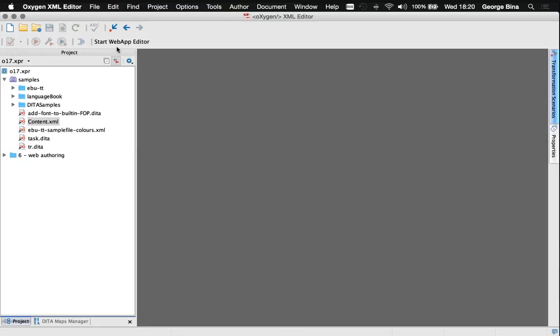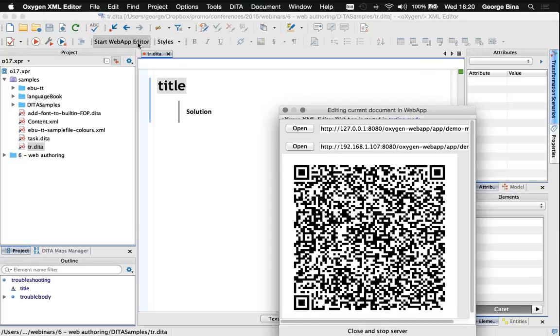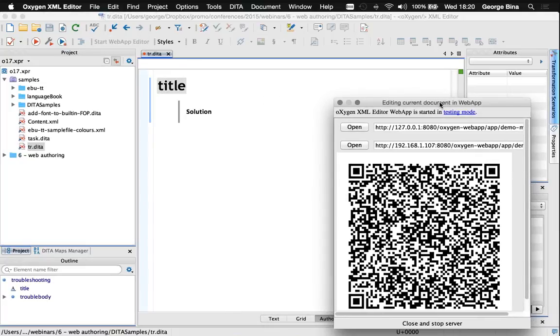If I move to my oXygen instance, you can see that the WebApp plugin contributes this button on the toolbar that allows you to start a local Tomcat server with a WebApp sample that integrates with oXygen, reusing the frameworks and the plugins already available in your oXygen installation. So if we, let's say, open a file and we start the WebApp plugin,